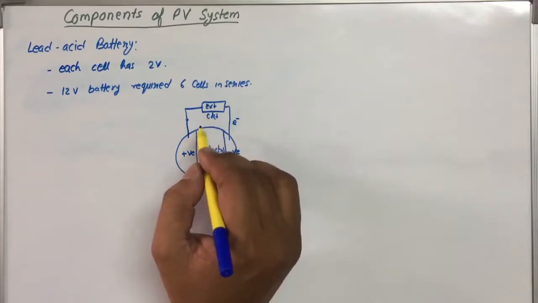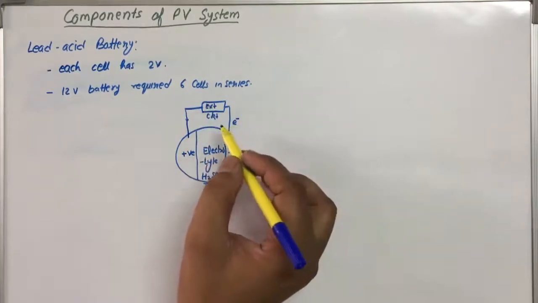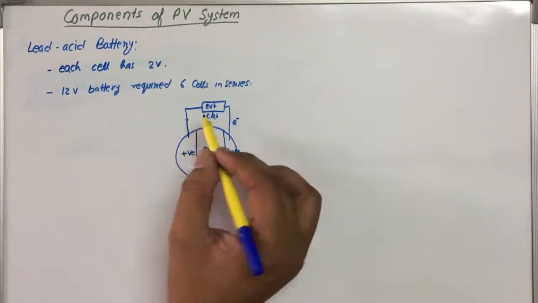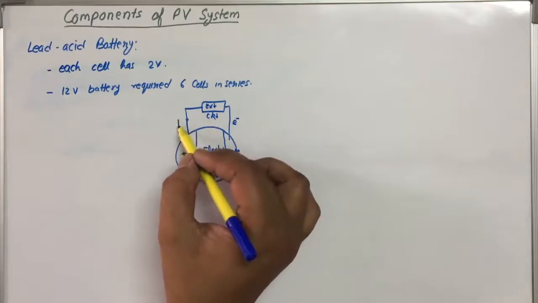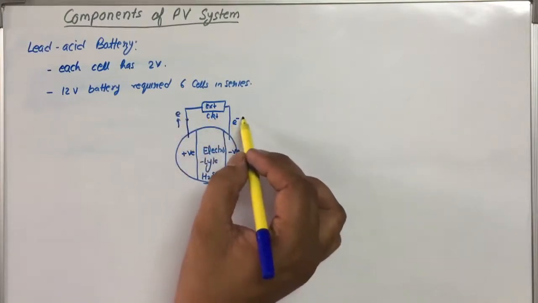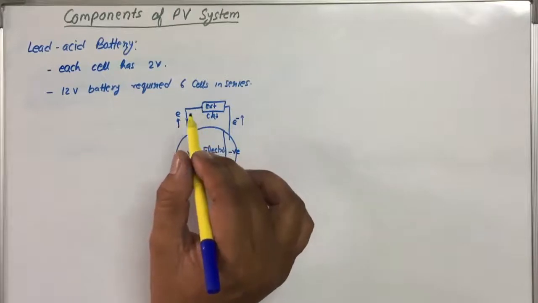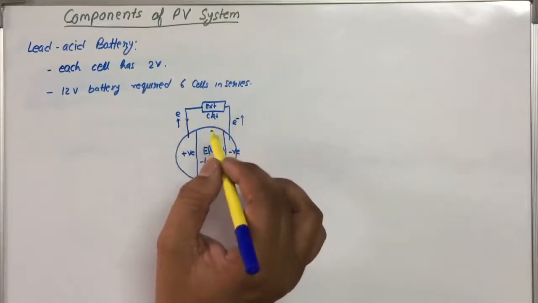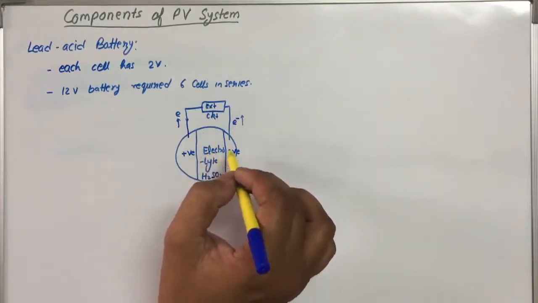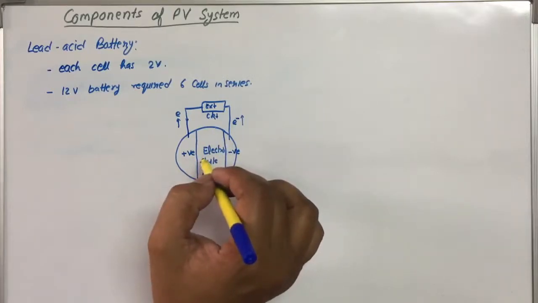When the battery is recharged, it is not supplying but charging, and the flow of electrons is reversed. This is discharging, this is recharging. So the chemical reaction that takes place inside the cell, or inside the battery,